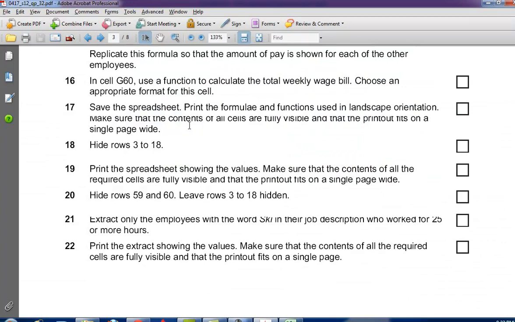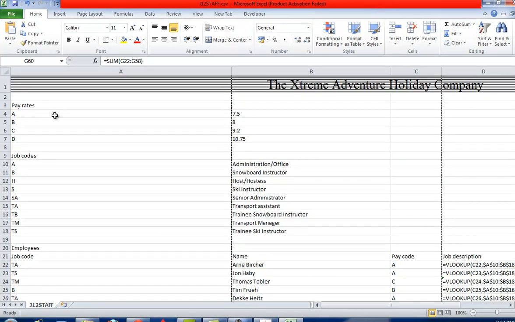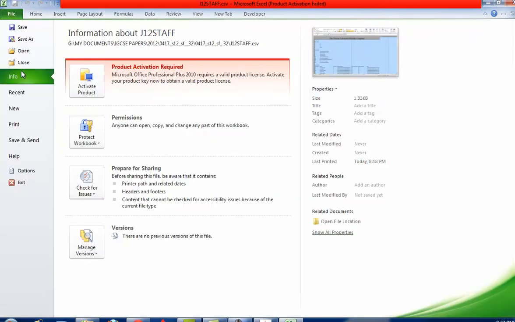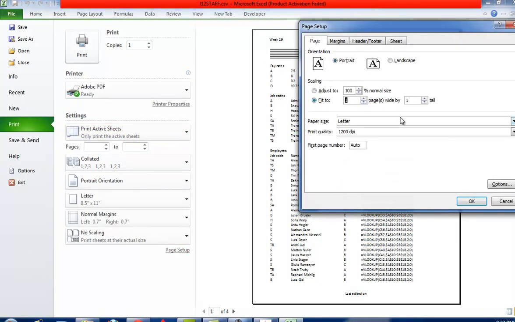Save the spreadsheet, print formula and functions used in landscape orientation. Make sure that the content of all cells are fully visible and the printout fits on a single page wide. So press Ctrl tilde, click on the extreme left, double click between the columns, file, print, page setup, fit 1,